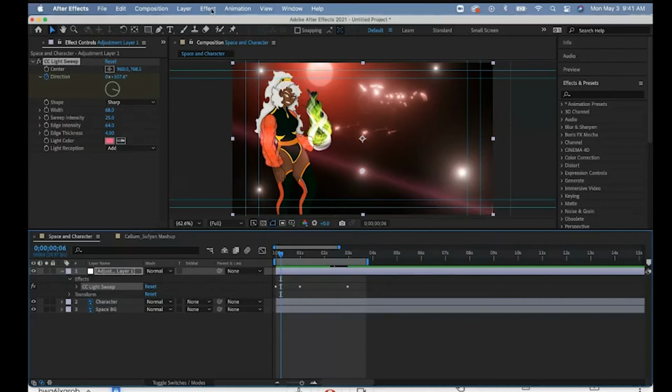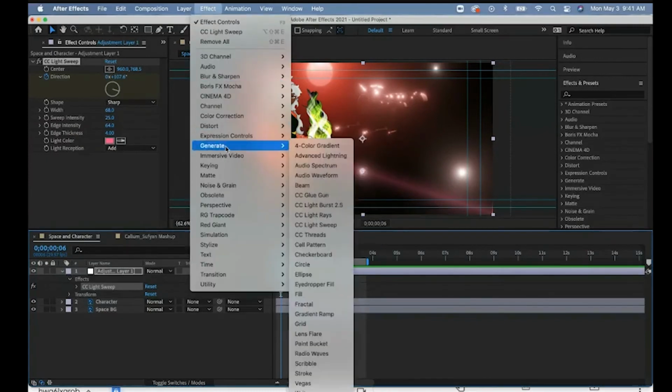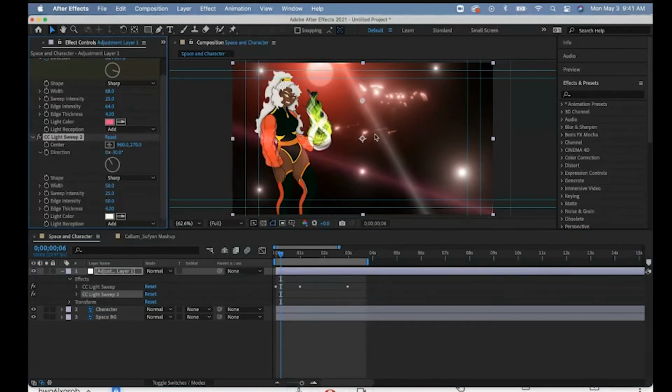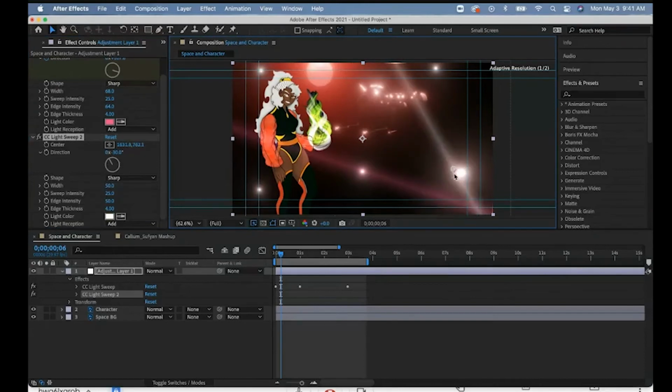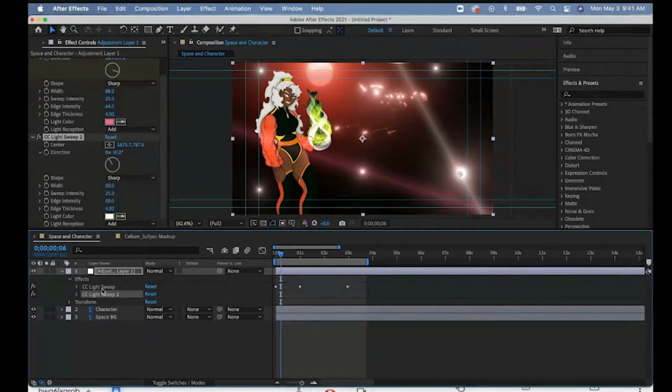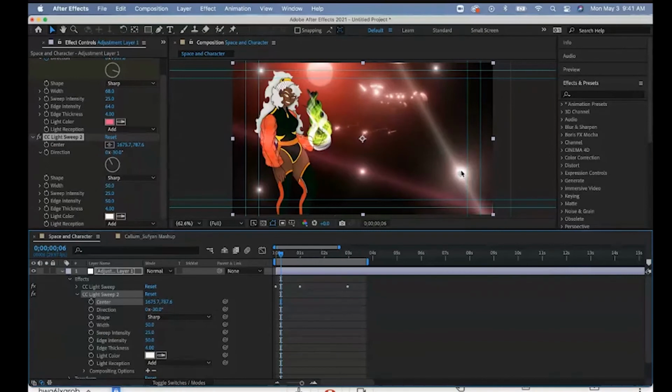Let's throw another light sweep on there. Effect, generate, light sweep. So you see you could start adding more in other areas here. This one looks actually pretty good right there. So I've got, see how it labeled it for me? Light sweep 2 now. I'm going to keep it the default color. I think that looks pretty good. And again,